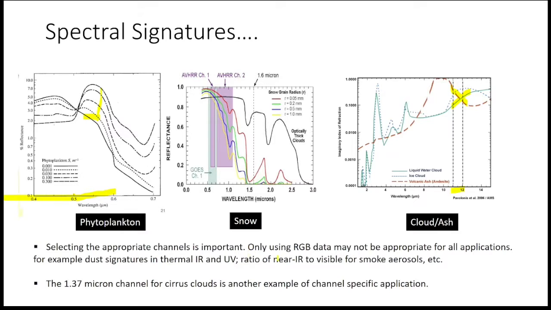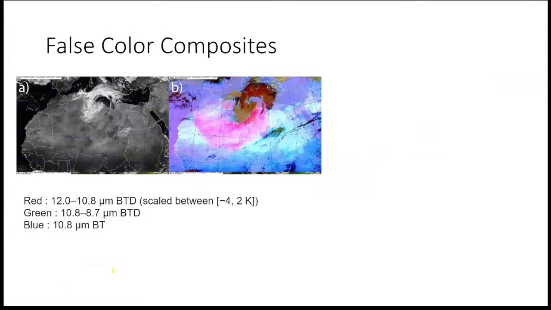And sometimes you have to use the UV part of the spectrum. I'll show you a slide here in a minute. The 1.37 micron band that I talked about, again, is a fantastic find that is used to separate cirrus clouds from other features. So when the RGB or the true color composite fails, here is a false color composite that is used by LANDSAT quite a bit. The red, green, and blue, based on the physical principles that I just mentioned in the infrared part of the spectrum. So here is basically a visible channel, and here is this RGB composite,